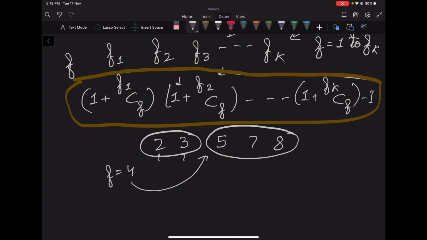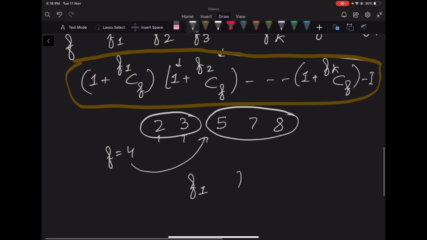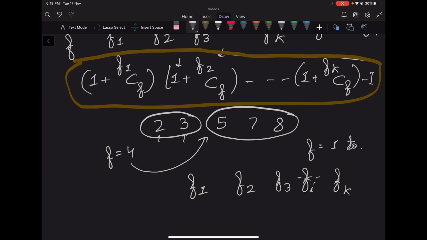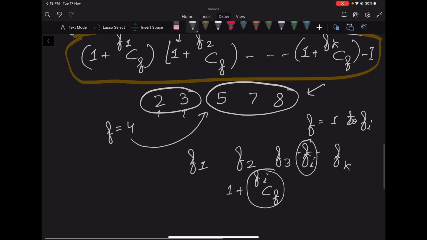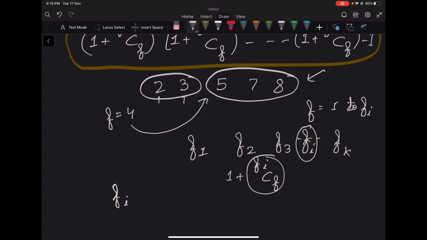So now let's actually find what will be the contribution of each element. How many times will each element be considered in our formula? So if we have a sorted array of frequencies f1, f2, f3 and so on up till fk, fi will only be considered for all the f from 1 to fi, because after that this term will only contribute 1, because we know that 1 plus the contribution of this fi will be 1 plus fi cf for all the f, and if f is greater than fi, this value will be 0, so this will only contribute 1, and we will ignore that, as we said here that for f equal to 4 we will ignore 2 and 3. So this fi will only be considered fi times, so our total time complexity will be sigma fi, which is n, because we know that the sum of frequency is n.